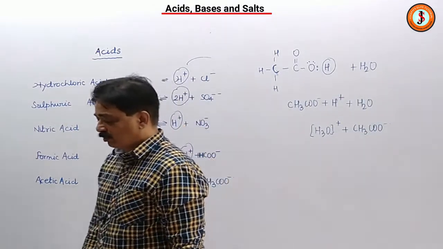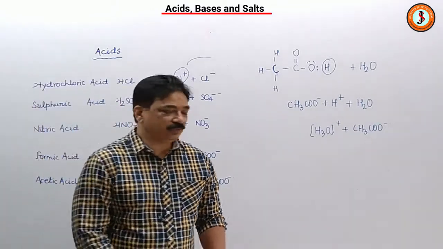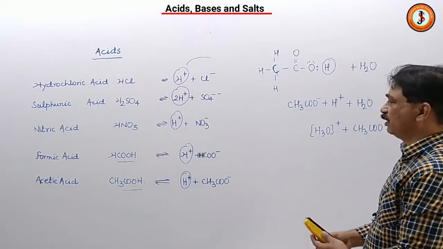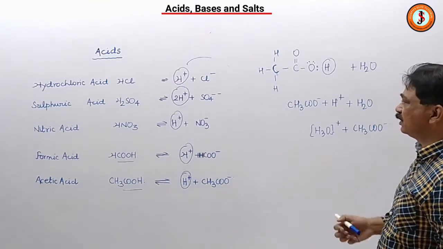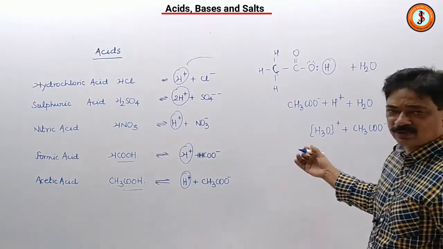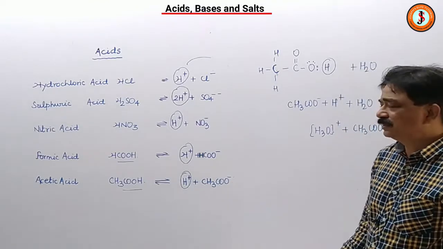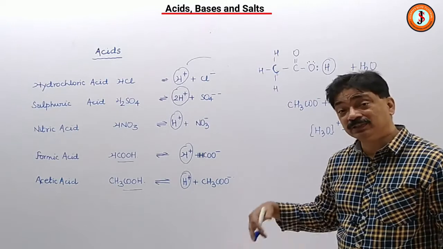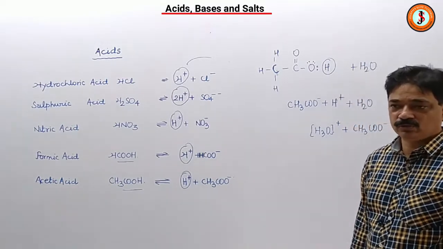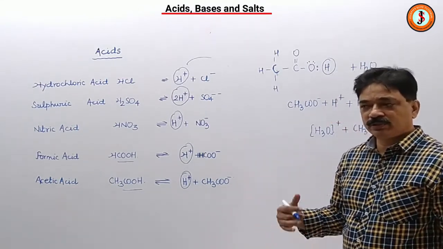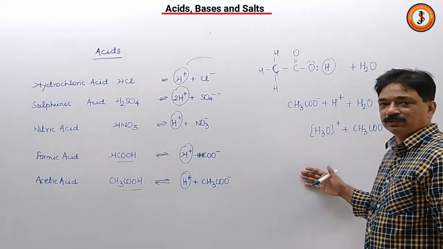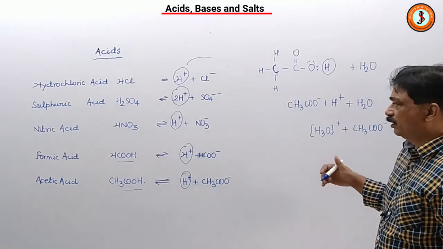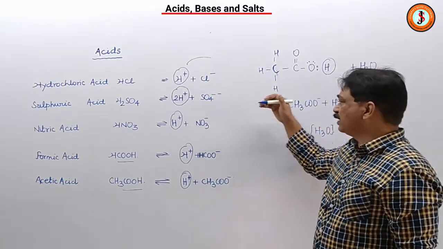So that is the first thing. Also we understood about acids, that acids furnish hydrogen ions or hydronium ions in a solution. So we understood the Arrhenius concept now. Arrhenius said acids are substances which furnish hydrogen ions, and consequently hydronium ions, in a solution. Or we can also say acids are substances which contain replaceable hydrogen ions.